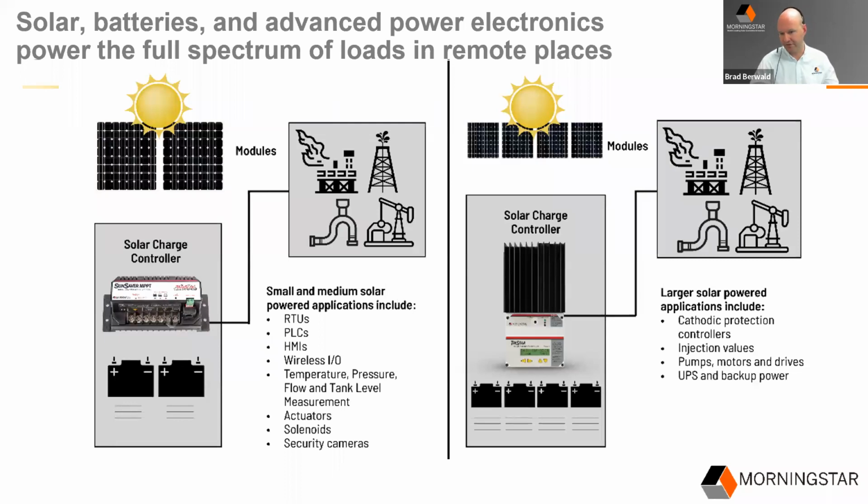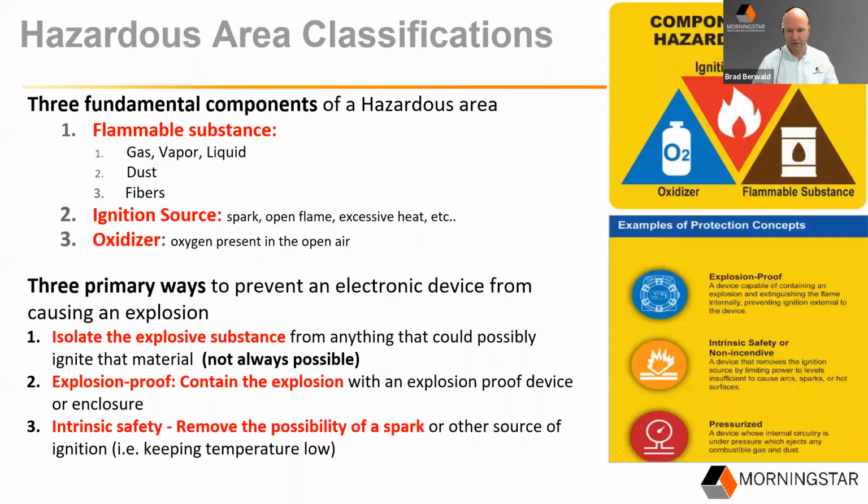And then in larger systems, Morningstar does a lot of cathodic protection, and this would be inhibiting corrosion of the actual pipeline itself, tanks, pipelines. If you put a kind of electrolysis effect in reverse to inhibit corrosion and rust with some DC power, you can extend the lifetime of a lot of this equipment for decades. Okay, and then of course backup power, big one as well.